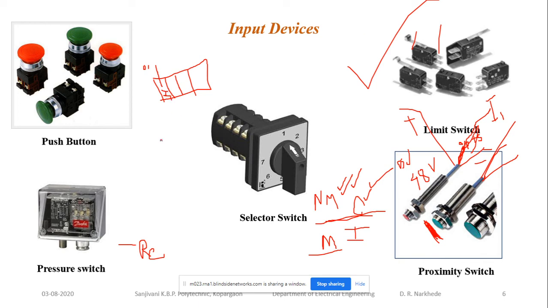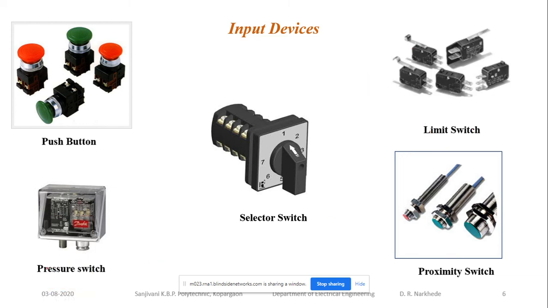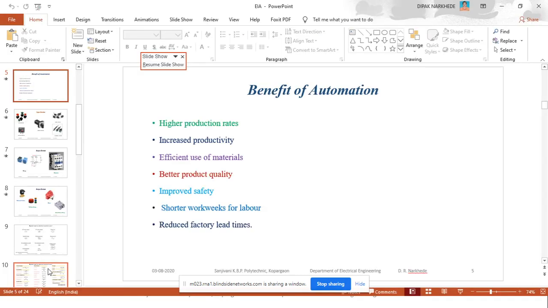Okay, so these are some commonly used input devices. There are n number of other devices which can be used. So the second one is a temperature sensor, which is commonly used. Then there is a reed switch. A reed switch is used for detecting magnetic objects. Okay, magnetic field. A reed switch will operate only when there is a magnetic field, otherwise it does not operate. Okay, so these are some input devices. We will take just an overlook of these input devices, and then we will proceed to the output devices.